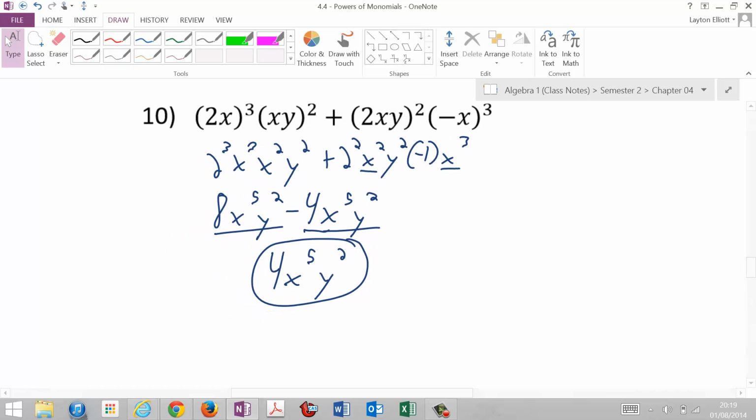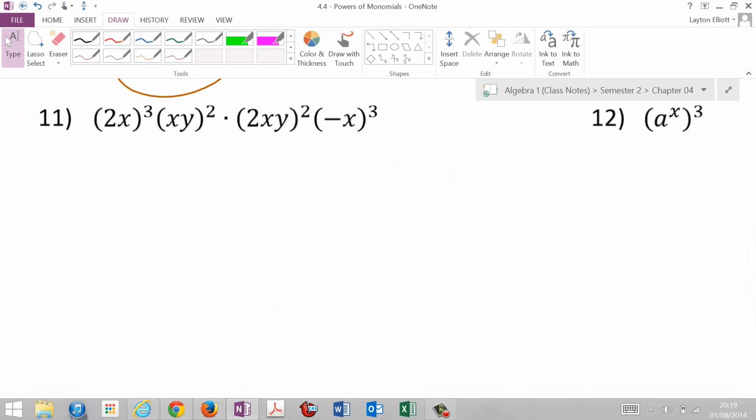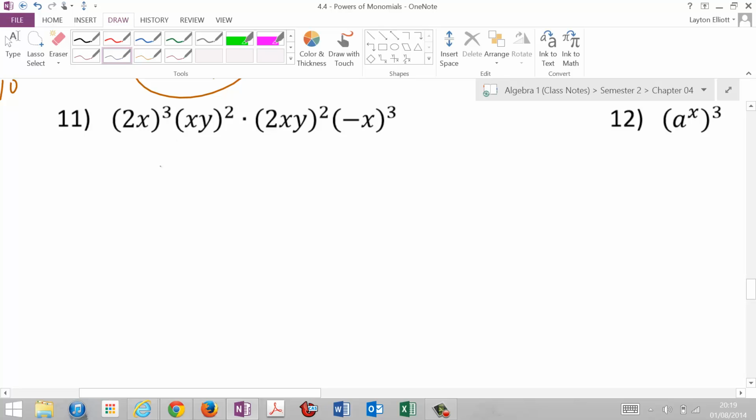Number 11, we're going to try this without writing 2 to the third. So I know 2 to the third is 8, and x to the third is x to the third. Then I have another x squared, y squared. Then I have a times. 2 to the second is 4, x to the second, y to the second. And then I have a negative